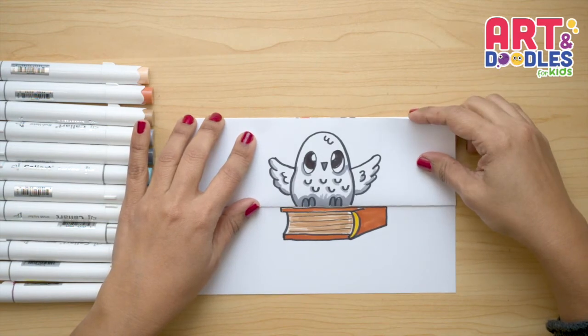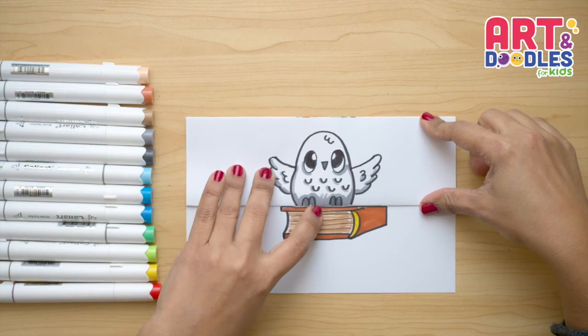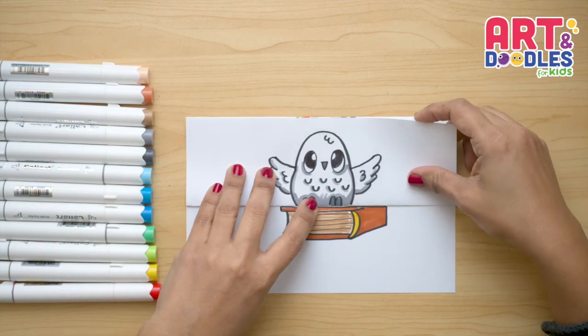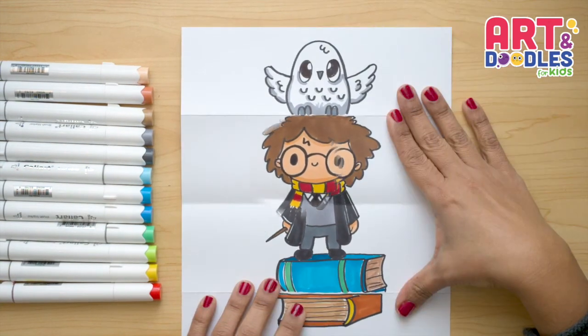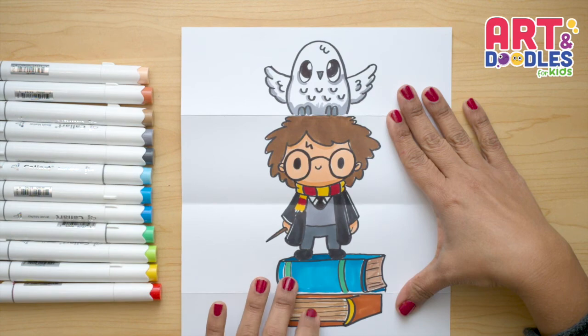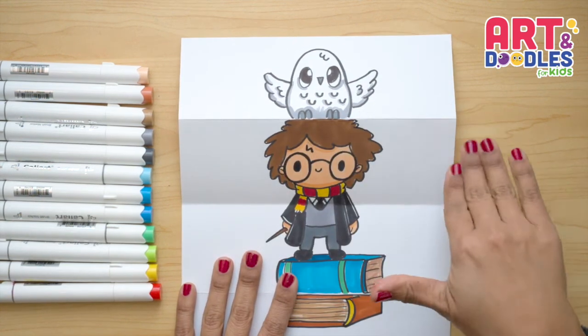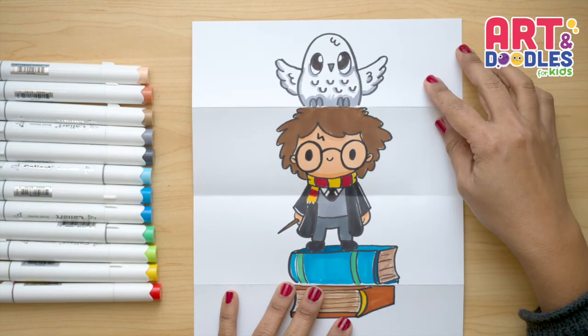Okay, little artists, we are done. This is how my owl that is sitting on a book turned out in the outside part. And now let's go see how it looks when we open. These are the colors that the character usually uses. You can change the colors of the book, or you can actually change the colors of the character or put something in the background. This lesson had a lot of steps, but I hope you liked it,